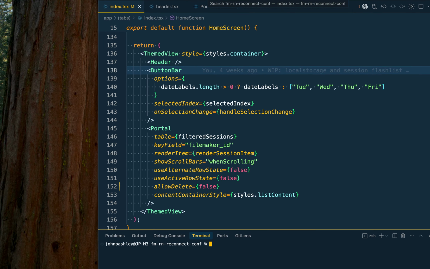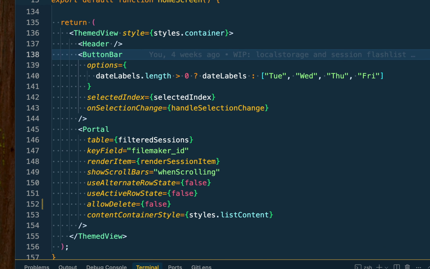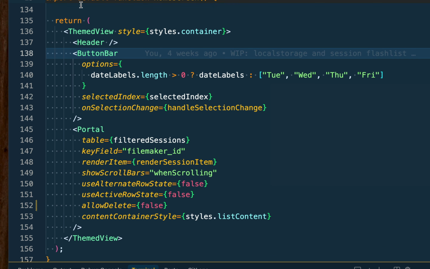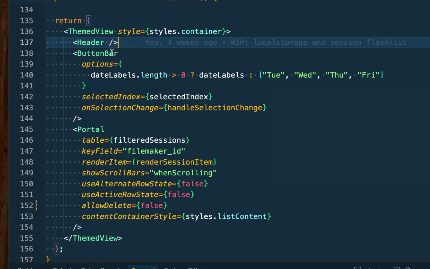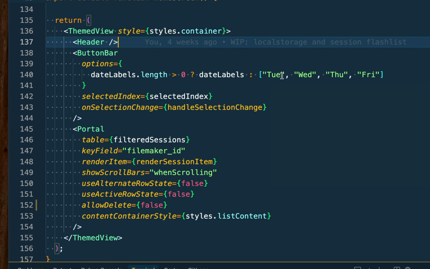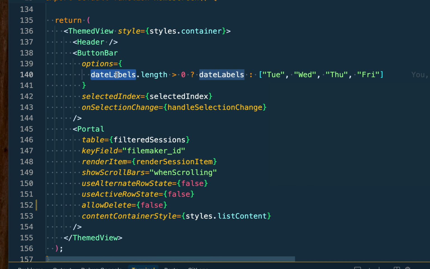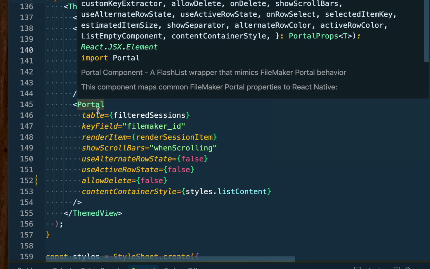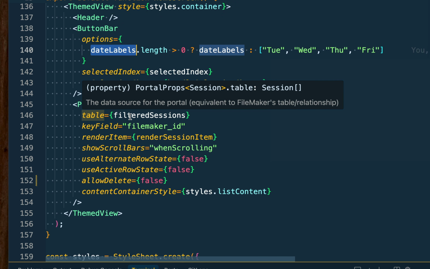So here we are in our React Native app, and I've created a layout that's similar to what we saw in the slides. We've got our theme view, which is just our layout. That's got a bunch of styles passed into it. We've got a header and a button bar, and you can see we've got the days passed in, but we're using this as a fallback because we're actually getting our date labels from the real data that's being returned by our API. And we've got a portal, and I've given it a whole bunch of props